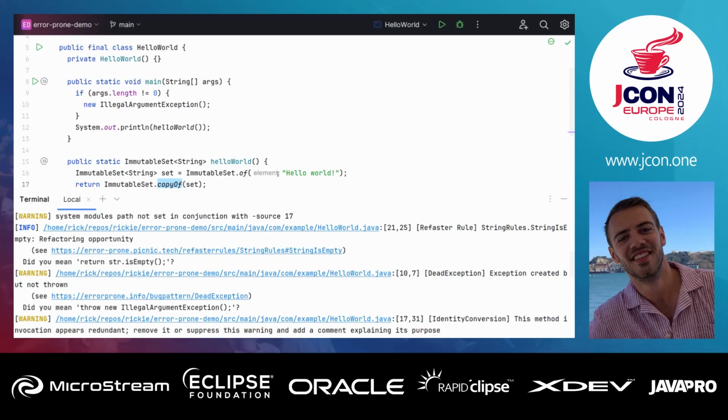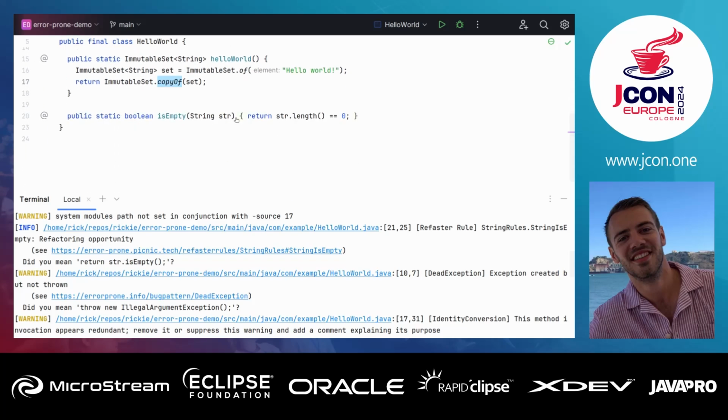So for example, on line 21, which is this one, it says, hey, there's a Refaster rule that had a match. Did you mean return string.isEmpty? Another one